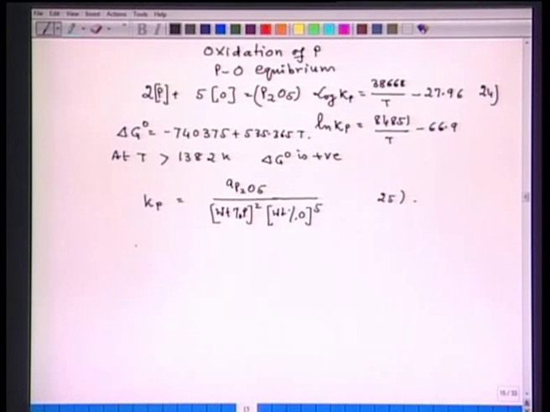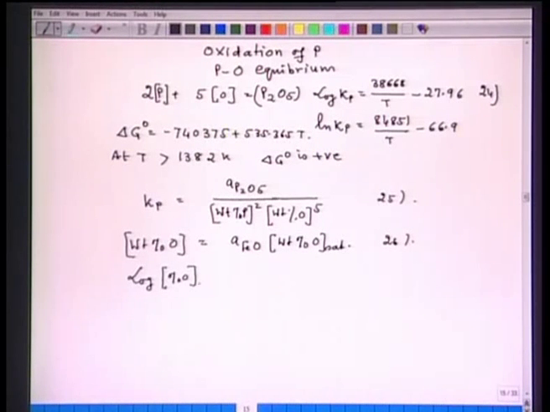Now, we also know that wt percent O is equal to activity of FeO into wt percent O saturated. Take it as 26. In the earlier lecture we have seen log of percent O saturated is equal to minus 6320 upon T plus 2.734. Let us take it as equation number 27.